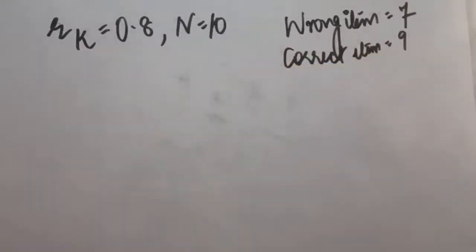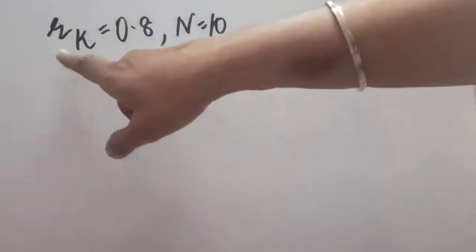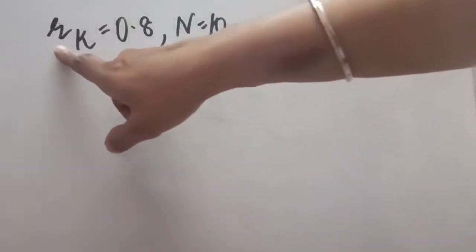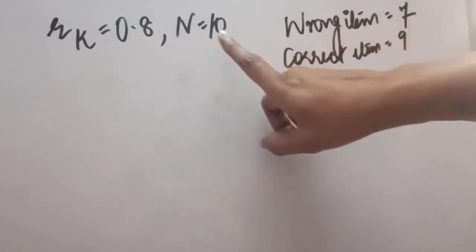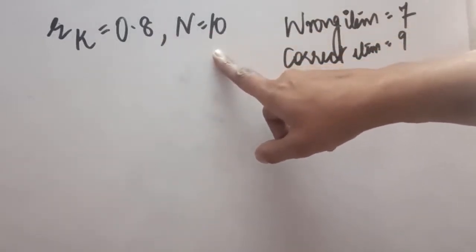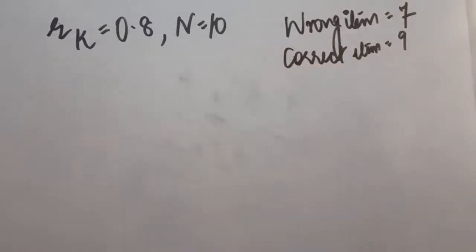It was written that the coefficient of rank correlation, which I have discussed with you, is 0.8 for the marks of 10 students. So n is 10, in the subjects physics and chemistry. So there are two subjects, like the X and Y series you have seen. In this question, physics and chemistry are the two subjects, and this rank correlation has been found to be 0.8.